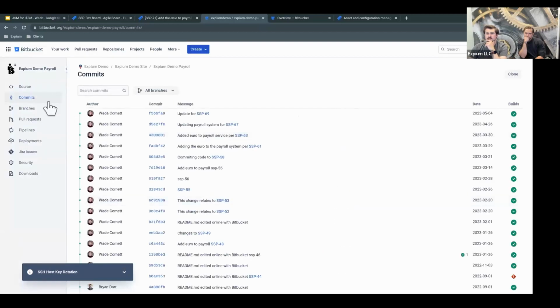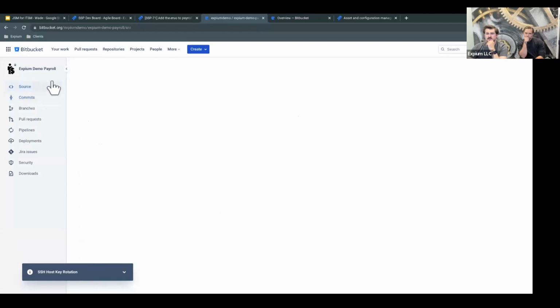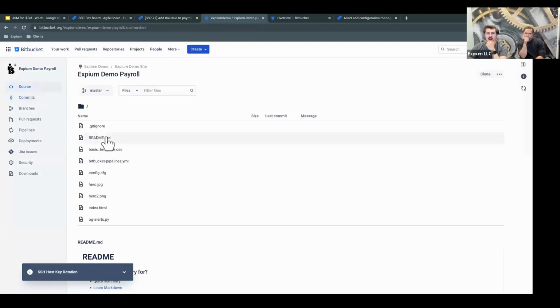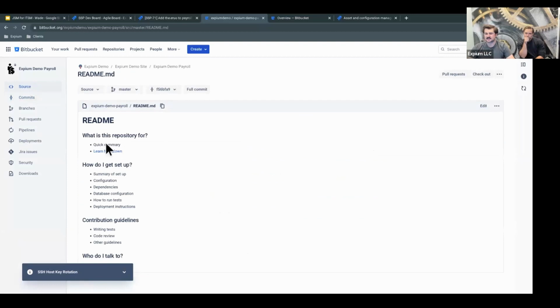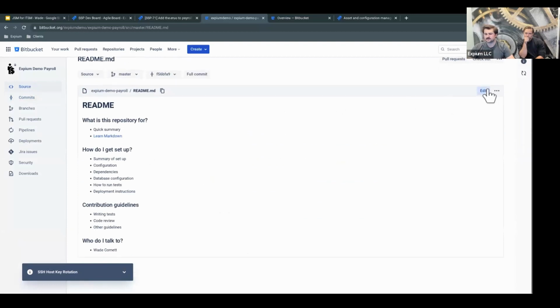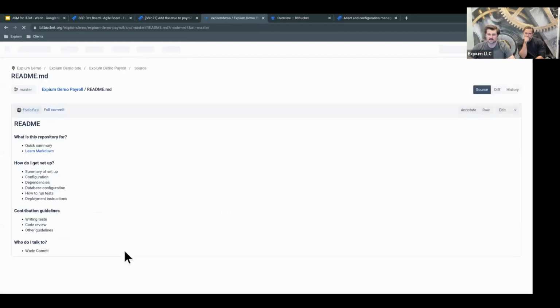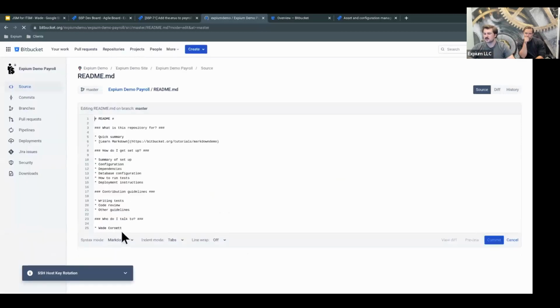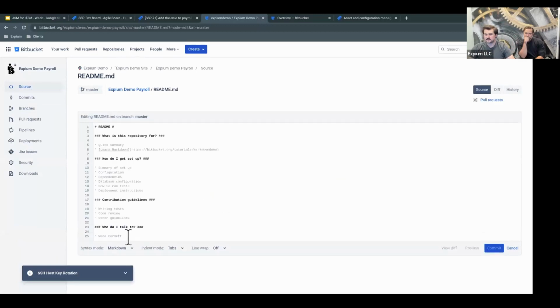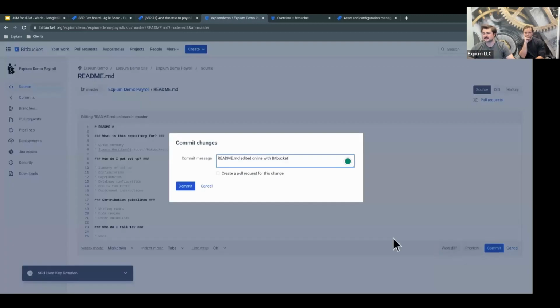All right. Actually, if I come here to my source, not commits, I'm going to go ahead and just update this text file here. So I'm going to press edit. Now, typically you would be updating some code, but we don't have any code here. So I'm just going to change who do I talk to? Just remove my last name here,